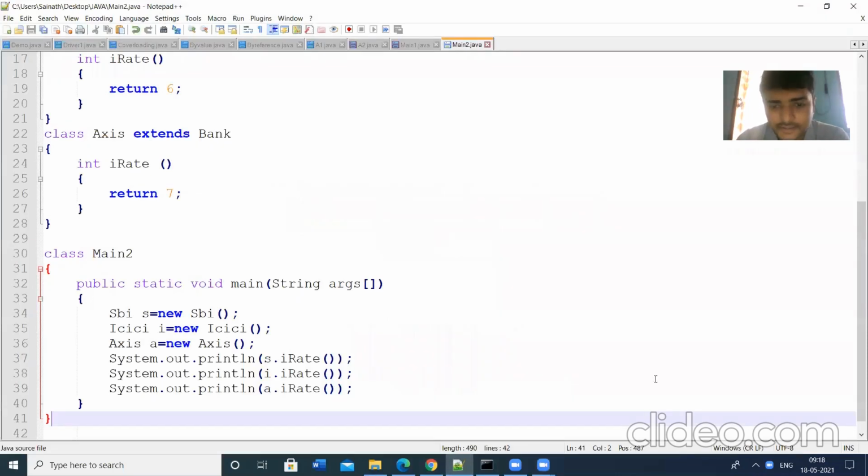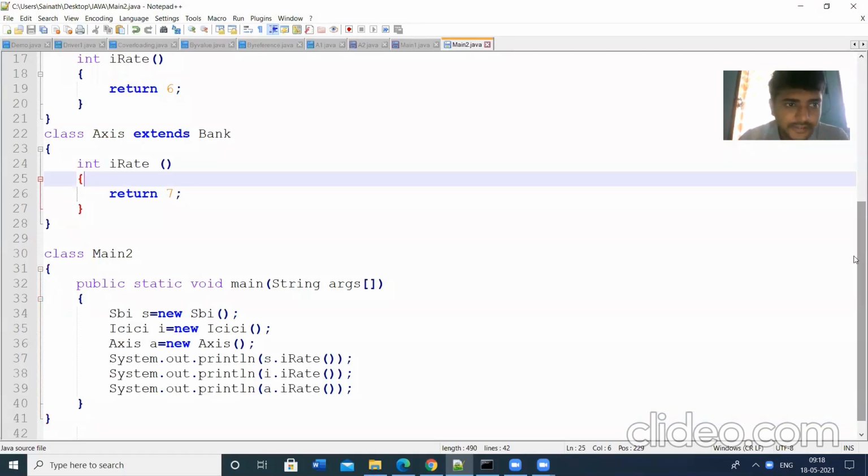So let us check this one. I have created the three classes, three different subclasses of Bank, and I have created the main class, main2.